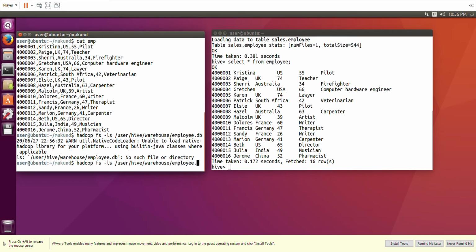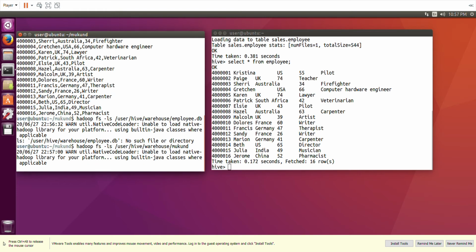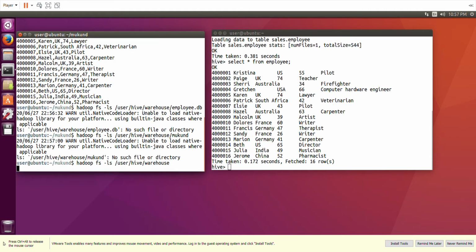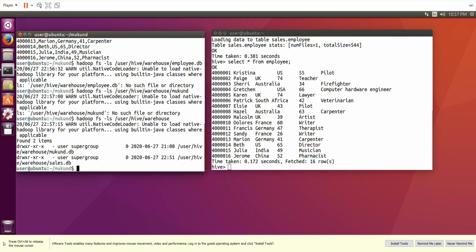Let us first find out why it is saying that, because we have already created it, but we have to ensure where we created it. We have to see which database we are using. That you also have to specify here. So I am putting here the name of the database that we have used. Why has it given the error? Because there is no such database called employee. Okay, so again it is creating problems. We have already created one database. We have to see where it has been created. So warehouse is there and we have mukund.db.